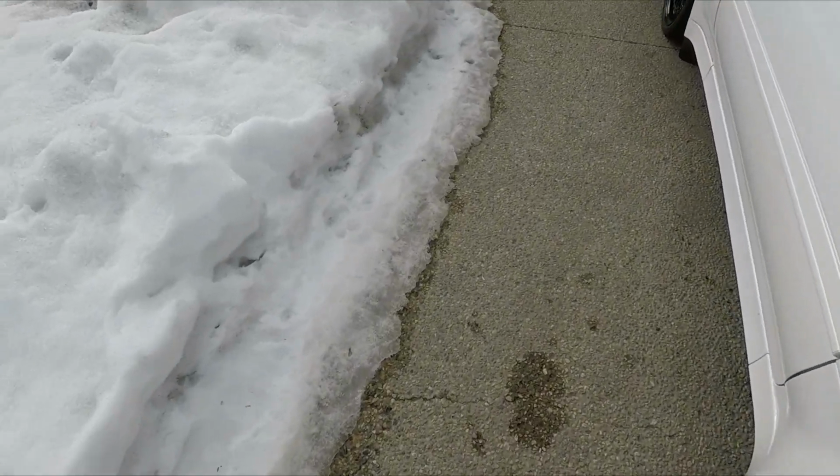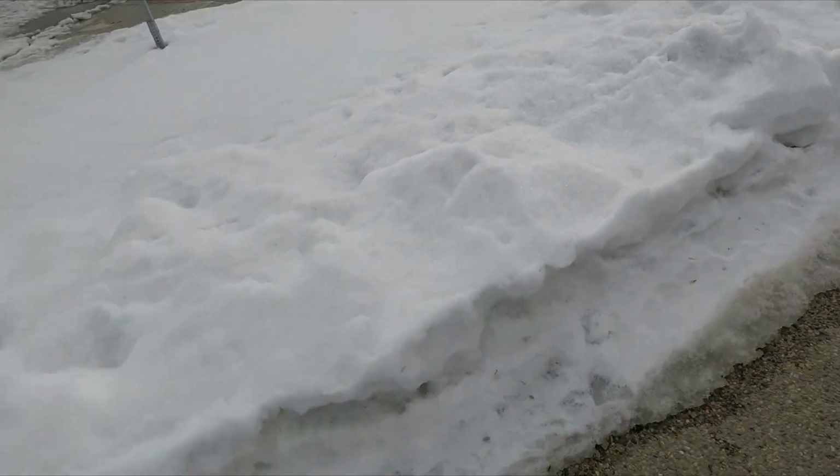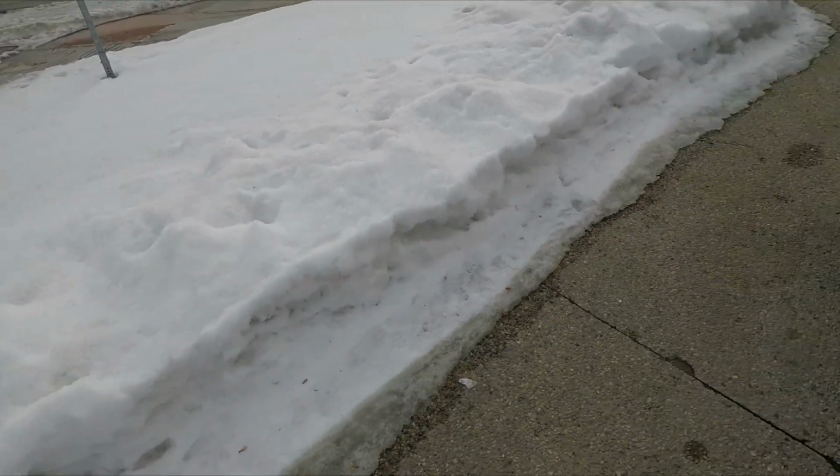See all the snow everywhere. It's melting though, it's like plus 7 or 8. It's warmer in the garage, but